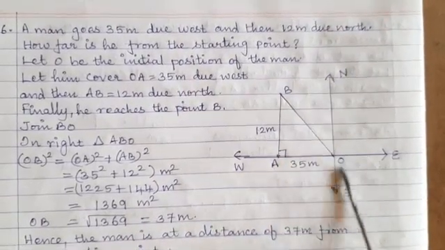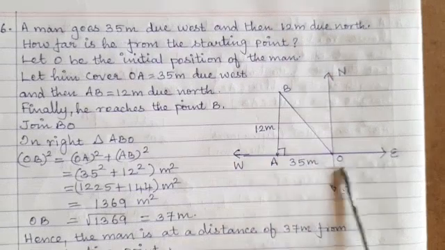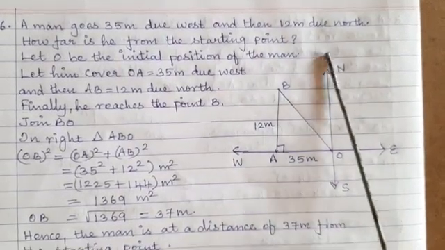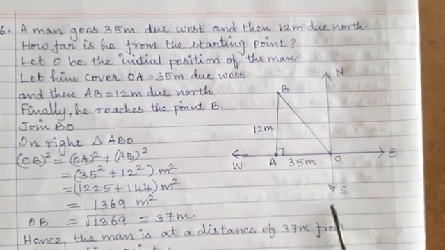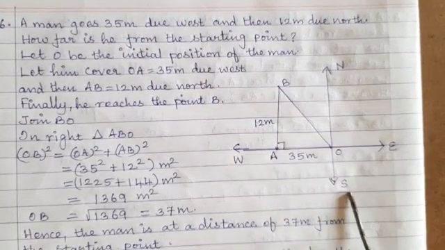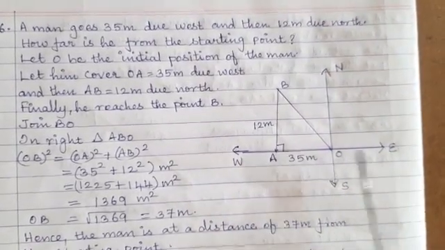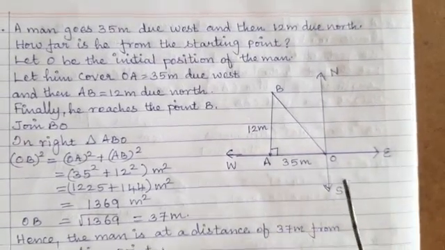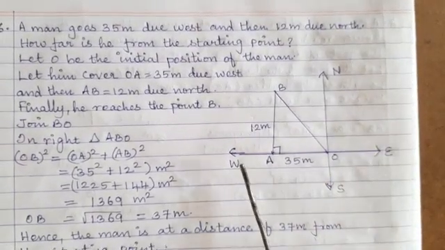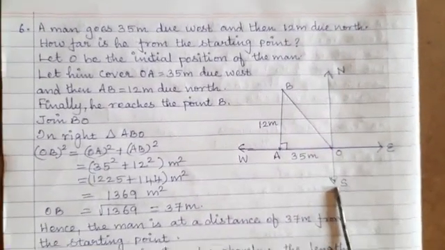First we will draw the east-west directions, which you have studied in SST also. If we draw one line, the downside is south and the upper side is north. And then if you draw a horizontal line, the right hand side is east, and the left hand side is west. You will draw these two perpendicular lines first.